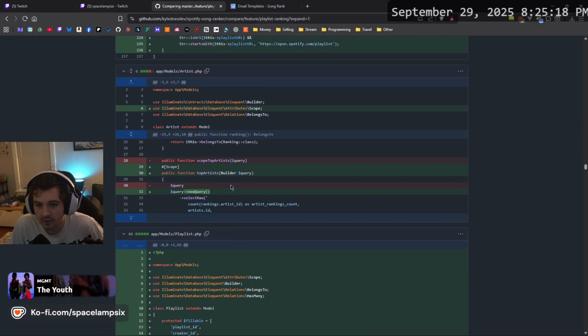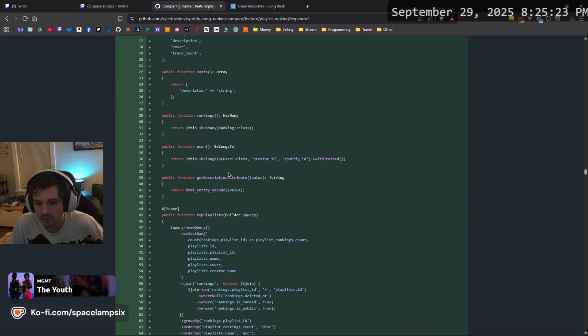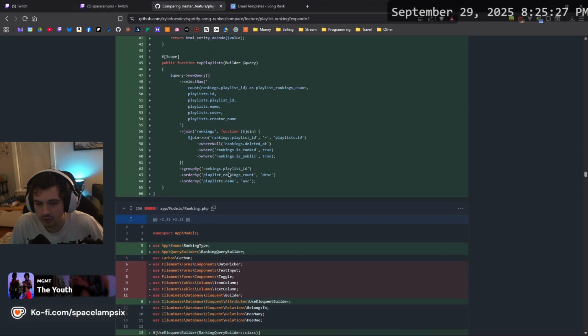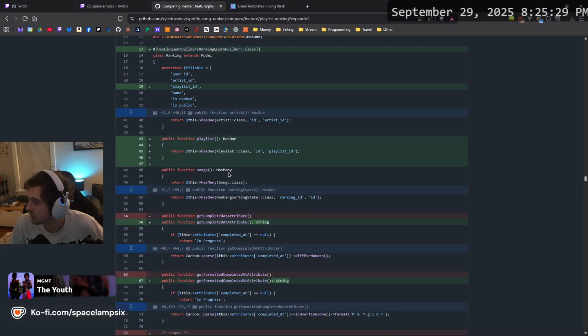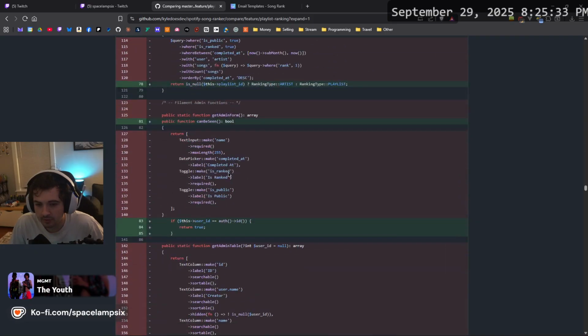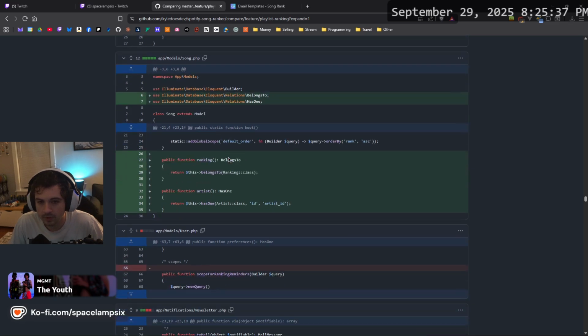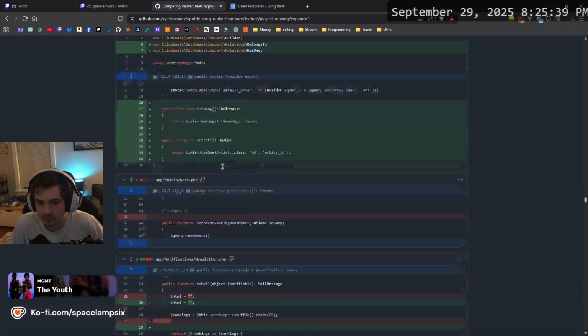We broke out some of the scopes into a query builder as well. This is our playlist model. Looks pretty good. A couple of relations and one scope. Yeah, we cleaned up the ranking model and slimmed it down quite a bit, and we fixed that relationship.